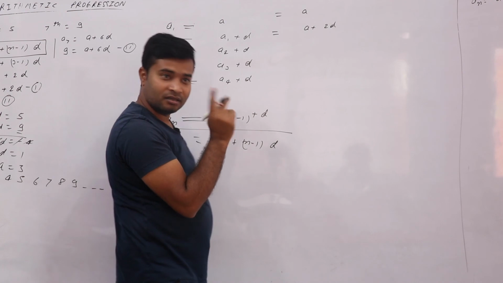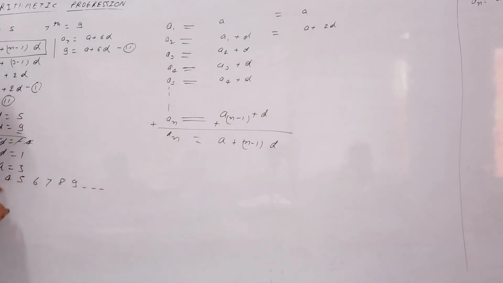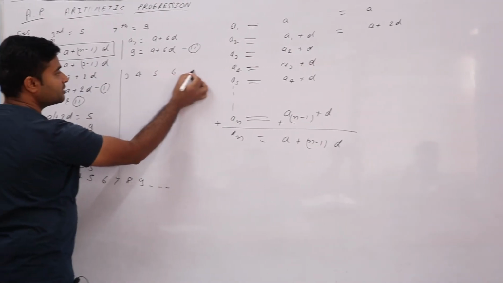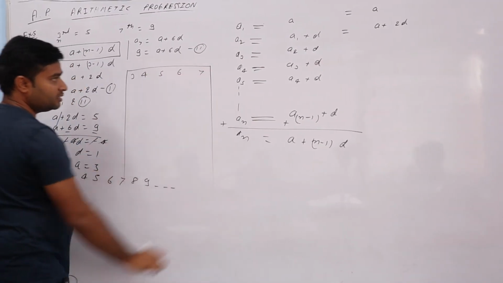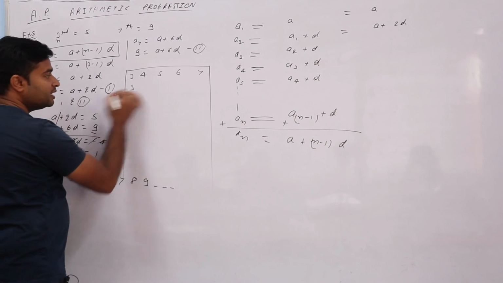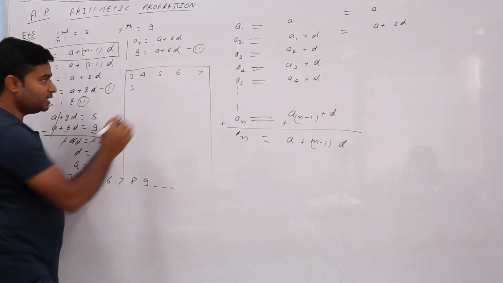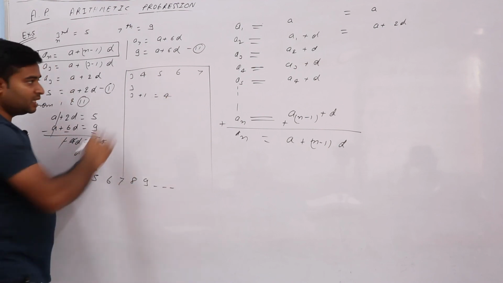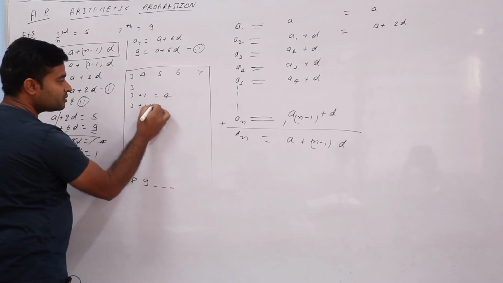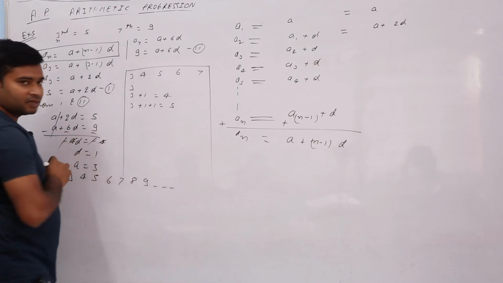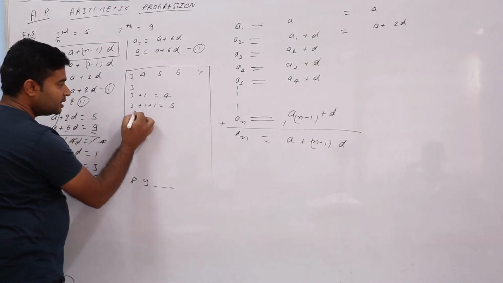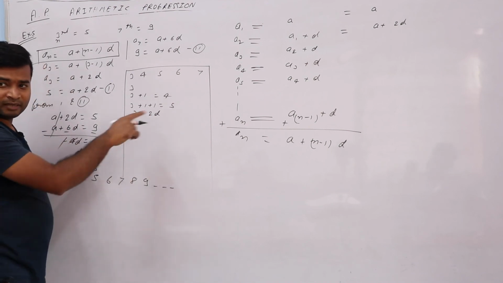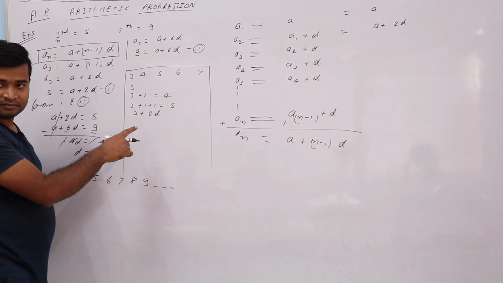If it did not go into the mind, I will say, see, this is 3 4 5 6 7, I am taking an example of this much only, correct na. First term is 3, second term is 3 plus 1 is equal to 4. Next term is 3 plus 2 is equal to 5. Can I add this term as 3 plus 2d? Yes, d is 2 times.